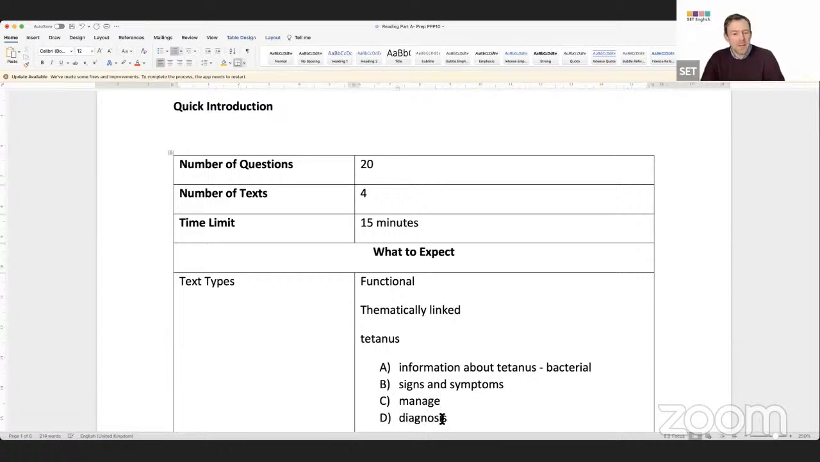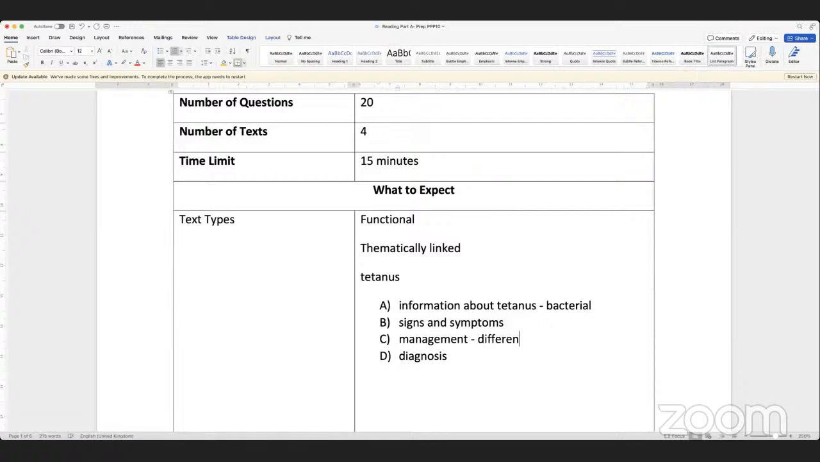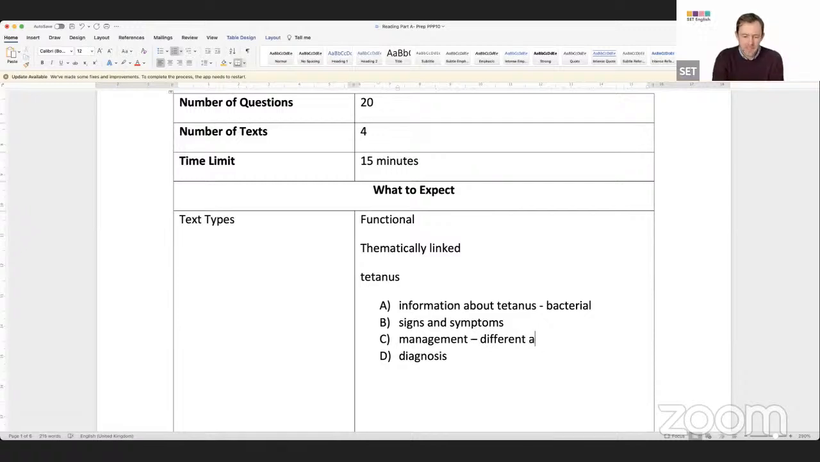Okay, yeah. So now the management might be something a little bit more tricky. It might be something like different age groups, possibly. So you should always do this with people at this age. You should always do that with people of that age. You should always give this amount to these people and that amount to those people. So yeah, excellent. That's exactly right. We've got thematically linked